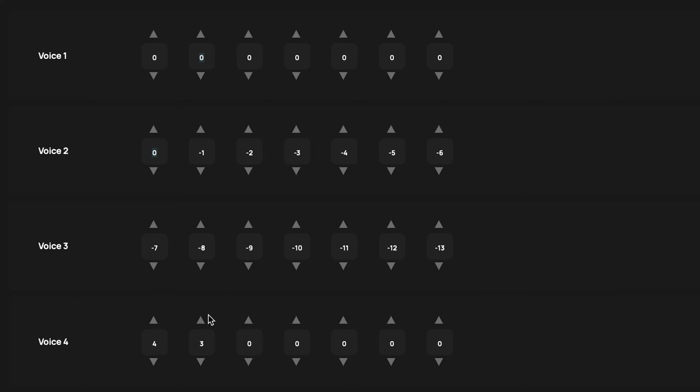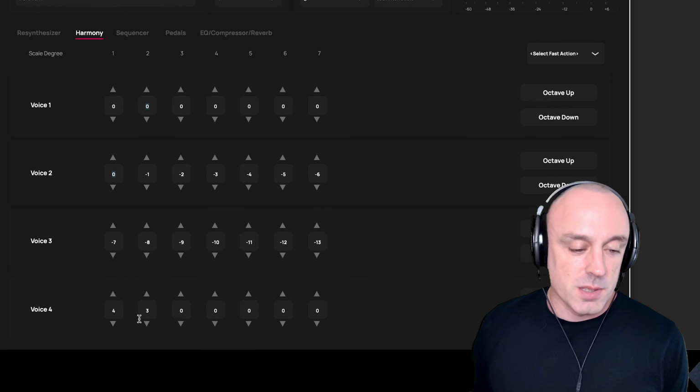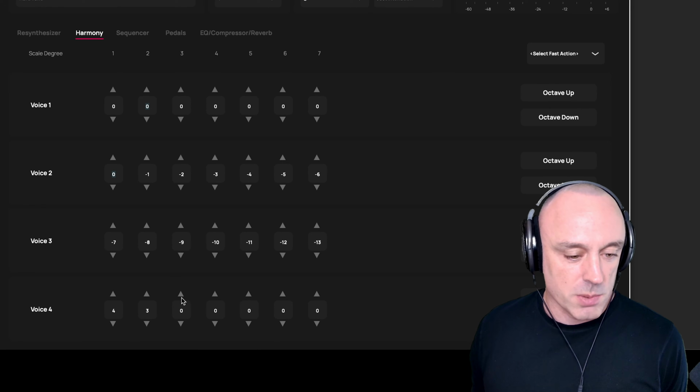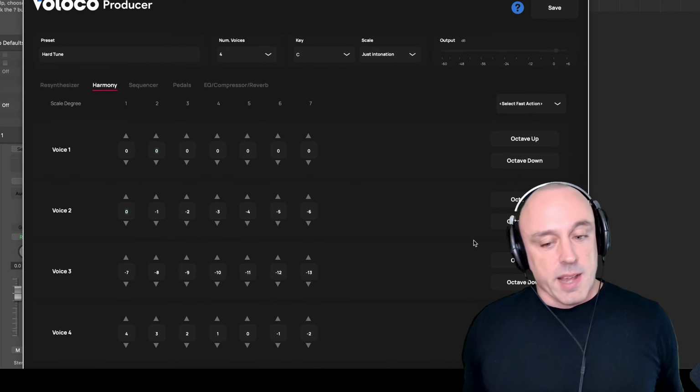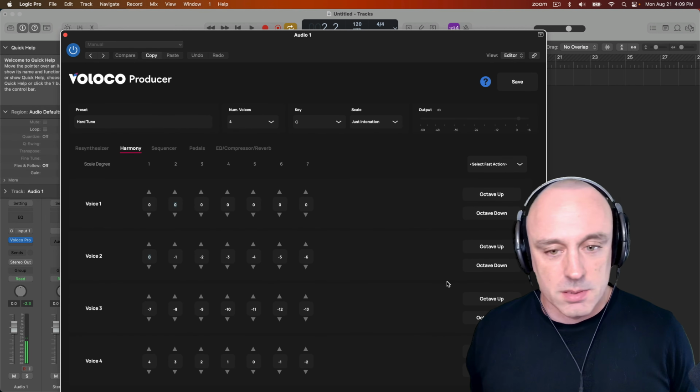And I think you can see the pattern here. It starts off on 4, and it decreases by 1 as we go across. So that's that. And now we have a preset that produces